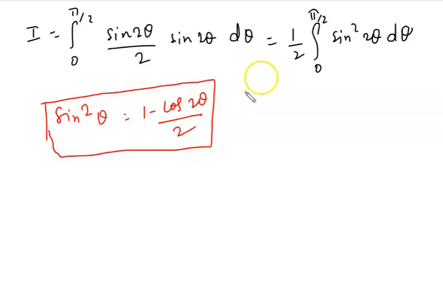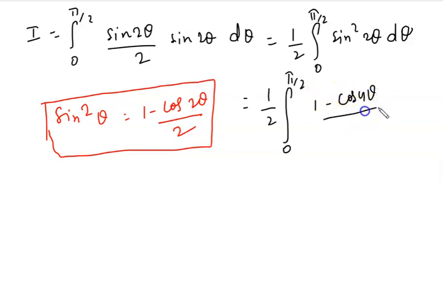We can write it as 1 by 2, the limit 0 to pi by 2, and sine square theta equal to 1 minus cos 2 theta by 2, and here theta is equal to 2 theta, so it will become 1 minus cos 4 theta by 2, d theta. Now we can take 1 by 2 common once again, and we can write 1 by 4,